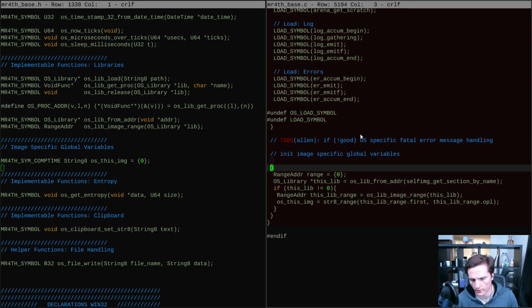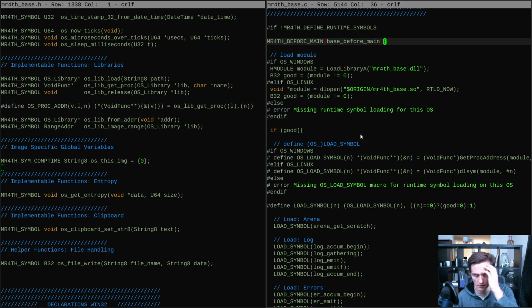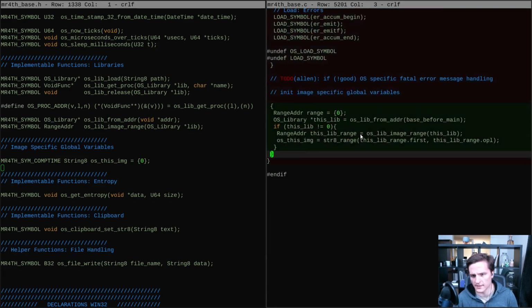Down here, after we've loaded in all the stuff from the base layer, we'll then know how to base before main. This is define runtime symbols. This only runs for things that aren't the DLL though, so